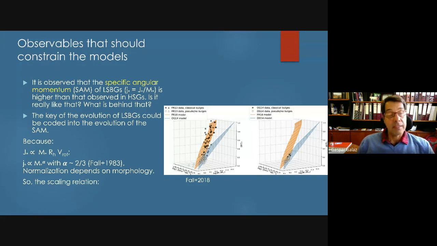Okay, the problem is that when you compute the angular momentum from general principles, you have to normalize the angular momentum, and that depends, in general, when you pass to observations, on the morphology, and there is a problem. So you can obtain some scaling relations. For example, Romanowsky in 2012 obtained this scaling that shows it is a function of redshift. So you can even complicate or simplify the things, but it's not a simple thing. There are many different opinions about the angular momentum in LSBs.